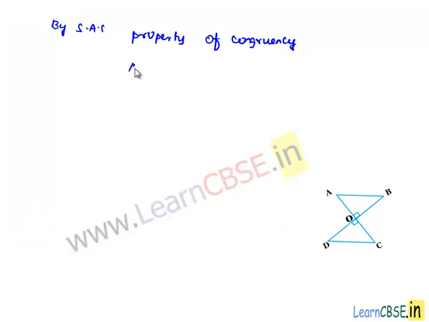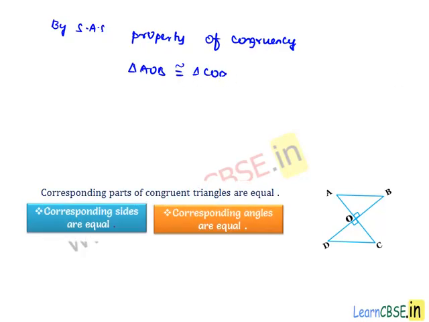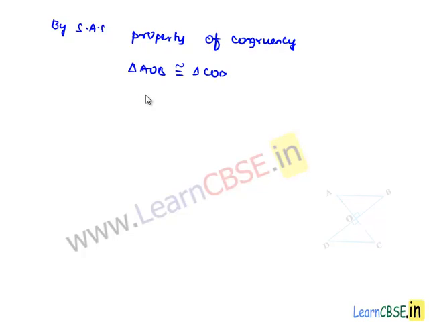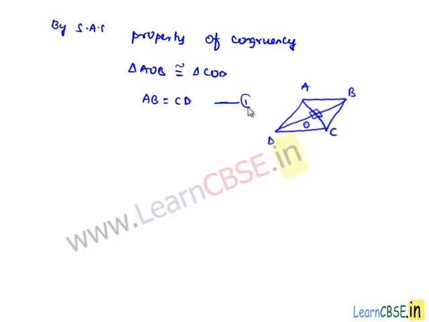we can say triangle AOB is congruent to triangle COD, and we know that when two triangles are congruent, then their corresponding sides will be equal. So here the corresponding sides AB can be equated to CD. Now as we got AB is equal to CD, let us name it as equation number 1, and then now